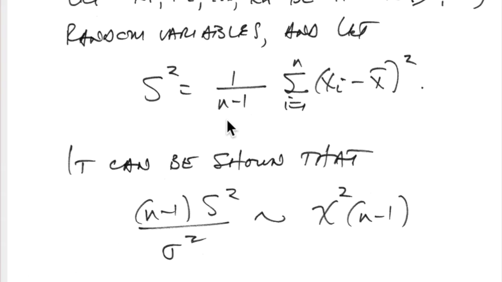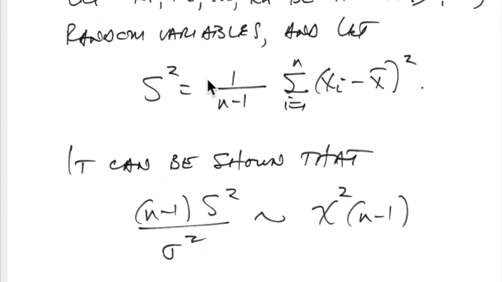You'll remember that any variance, whether we're talking about a population variance or a sample variance, we can describe as the average squared deviation about the mean. And so when we're talking about a sample variance, we're talking about the average squared deviation about the sample mean. Anyway, it can be shown, and this is where the chi-square distribution comes into play,